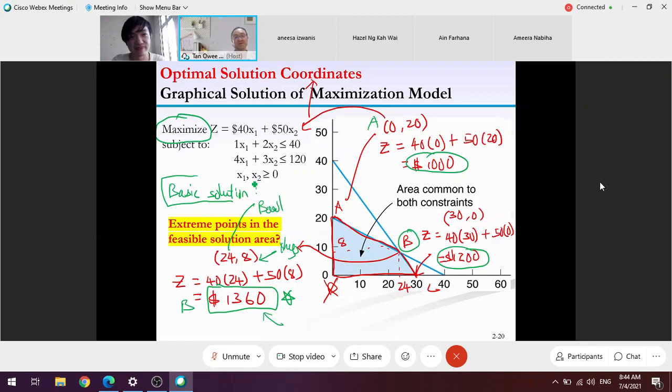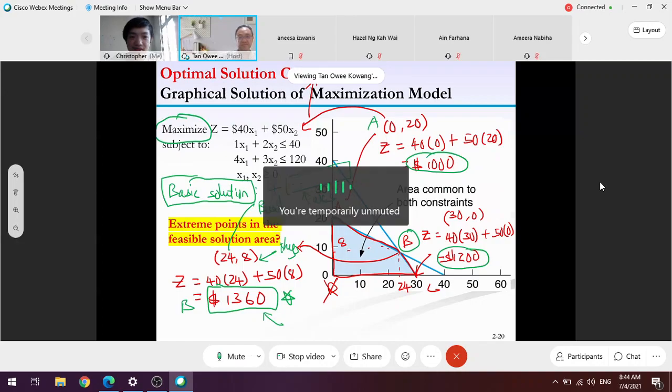This is what we call the basic solution. The graphical method is going to tell you the basic solution plus other things. I'm going to explain those to you in week 5. Today we're only talking about basic solutions. So you see, you've done it already. You help this company identify the basic solution, whereby you can tell the company that, with the constraints that you have, to maximize your profits you should produce 24 ball and 8 mark. And by producing 24 ball and 8 marks, you're going to have a profit of 1360. Is it clear?